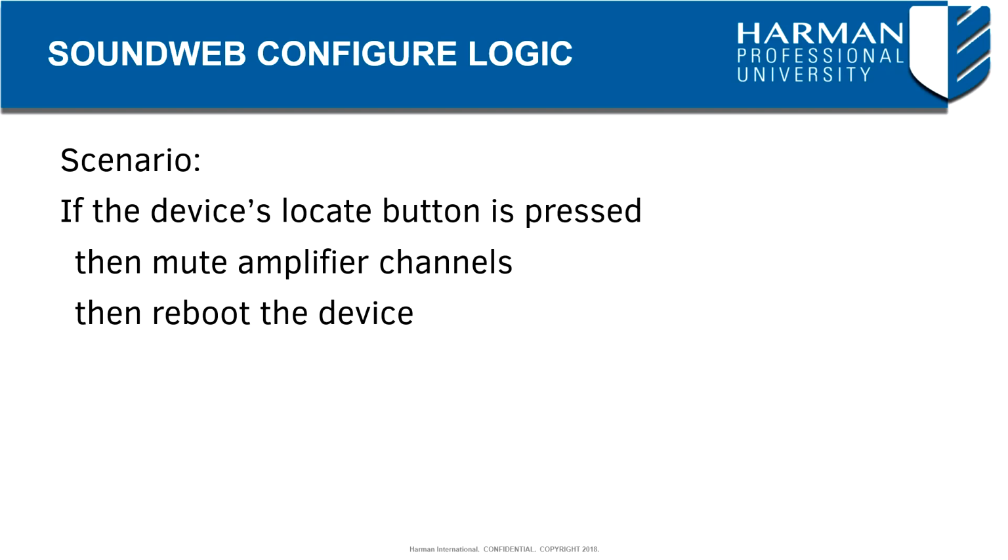rebooting the DSP. Now, a device's locate button is bidirectional, meaning it will flash on if the device is located from Audio Architect or NetSetter. But if pressed on the device, assuming it has been matched to another in the venue, then it will locate the device in the software. We don't want to lose the ability to locate the device in the software from the hardware, so let's configure